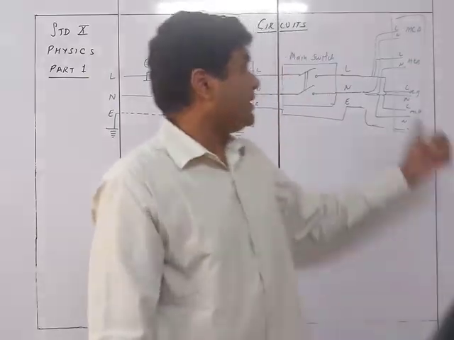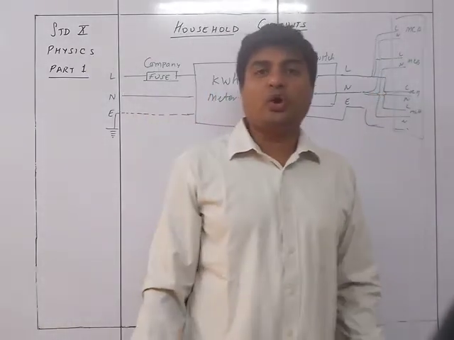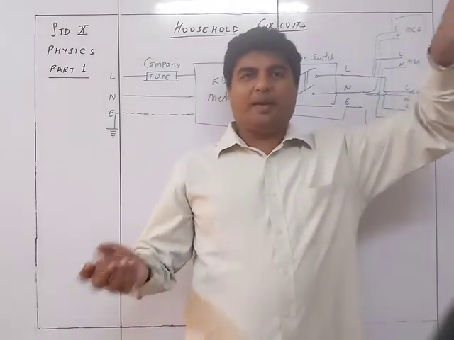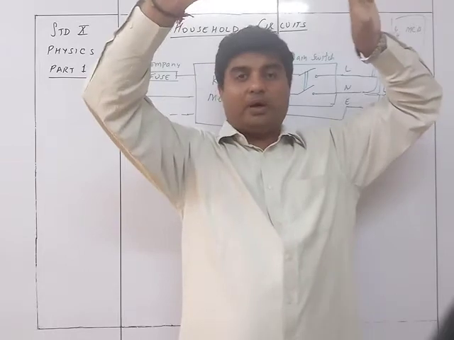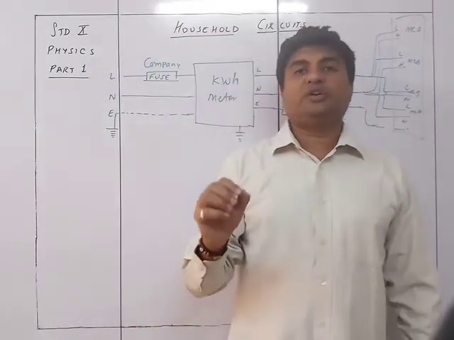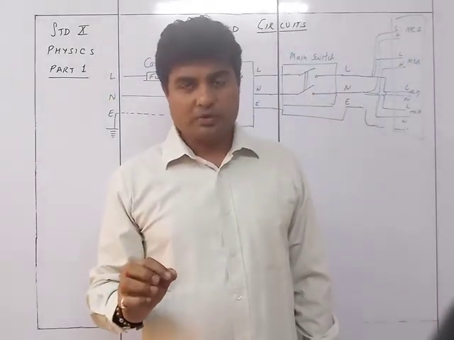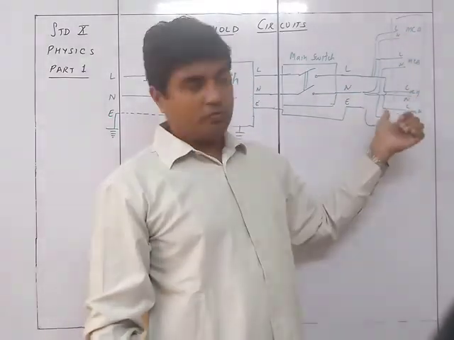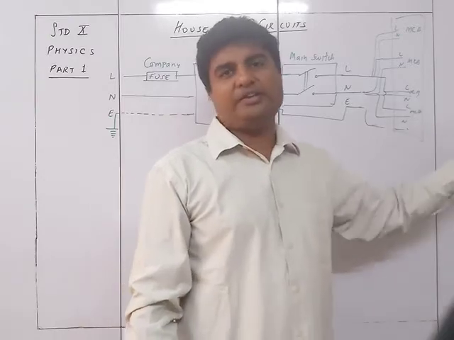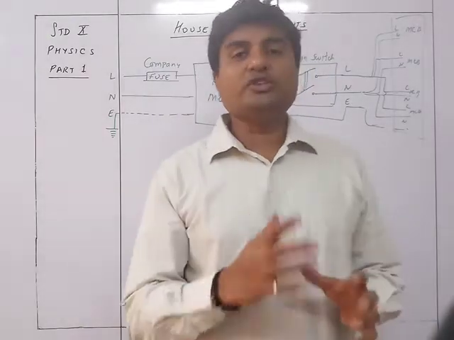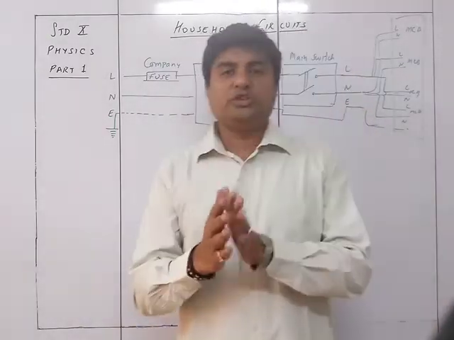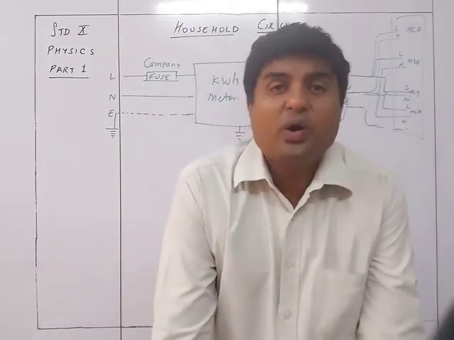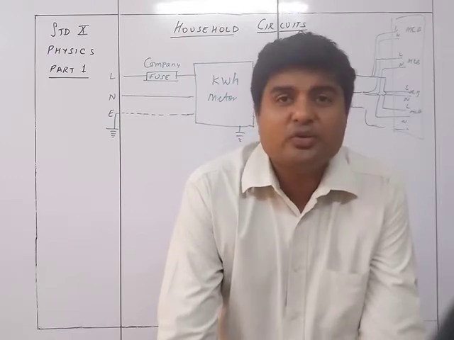These MCBs are located just next to the entry of the door. Next to the door entry, you will normally see those boxes with a lot of switches on top. Those are individual switches for individual rooms. One goes to one room, one goes to another room, then one to the bathroom, or maybe some AC is made separate. So this way you will have the distribution box containing many MCBs. This is how the distribution takes place in the house.